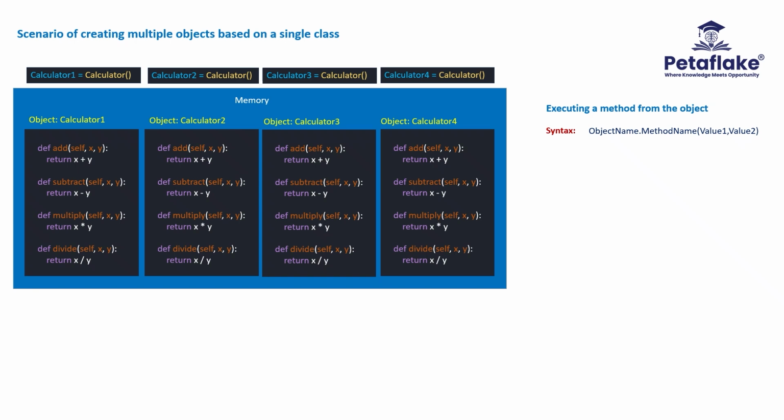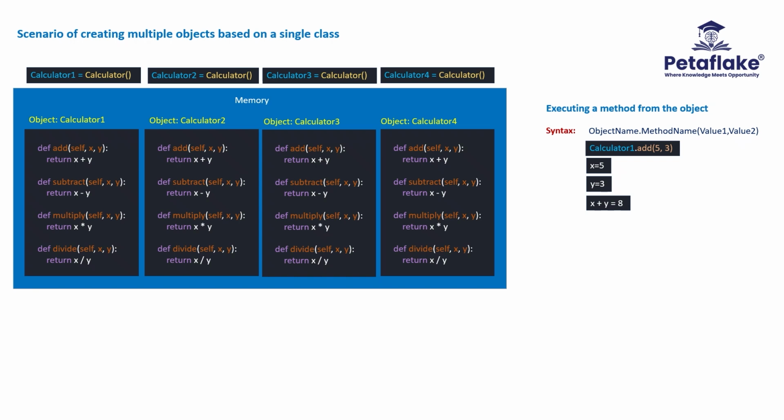For example, when the program executes the code calculator 1 dot add, parenthesis, within parenthesis 5 comma 3, the add method from the calculator 1 object will be executed. During the execution, the variable x will be replaced with value 5 and variable y will be replaced with value 3. The code x plus y will add the values 5 and 3 and the result 8 will be displayed